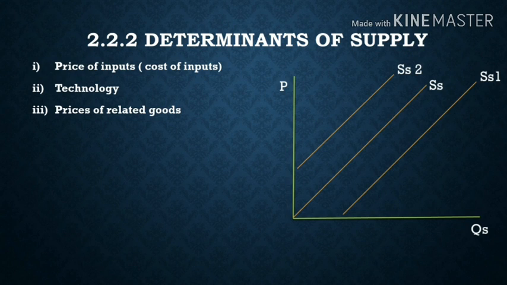Let's see a substitute good. You are producing let's say aqua አዲስ, እናንተ ያመረታችሁ ነው። እና yes የሚባል ፋብሪካ ደግሞ yes ውሃን ያመርታል። የየስ ውሃ ዋጋ ሲጨምር የናንተ ሰፕላይ ምን ይሆናል ነው question። የስ ዋጋ ሲጨምር የስ ፍላጎት ገበያ ላይ ይቀንሳል አይደለ? ስለዚህ ለናንተ ፕሮዳክት ያለው ፍላጎት ስለሚጨምር you will increase supplyያችሁ ይጨምራል ማለት ነው። So when the price of the substitute good increase ያደርግ, your supply for your product will increase። ከኤስኤስ ወደ ኤስኤስ1 shift ያደርጋል ማለት ነው።